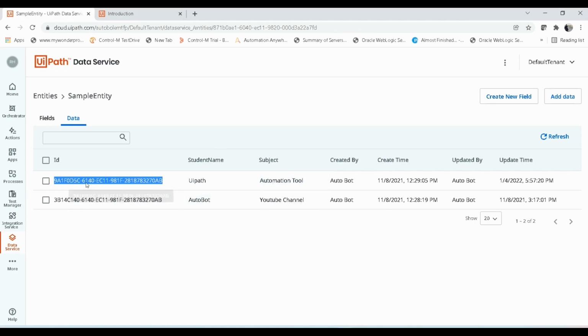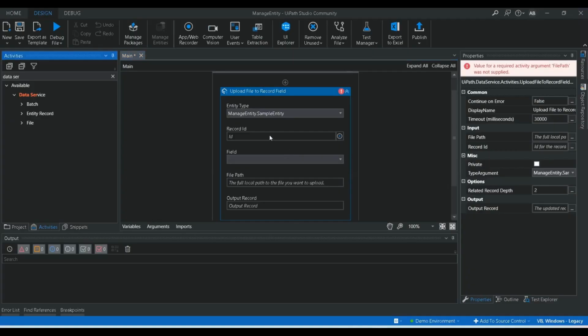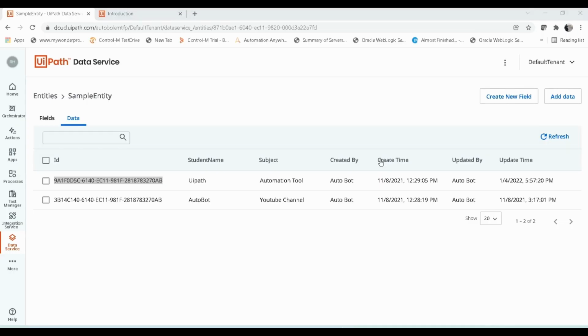But this is a unique ID which is generated by default, so I'm going to use this ID as the reference, and here we have to put it like this. Guid dot parse, then we need to pass the value, the ID.